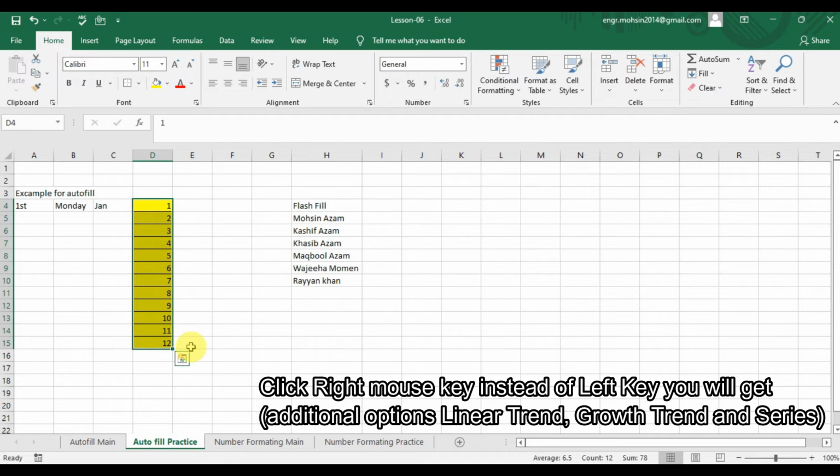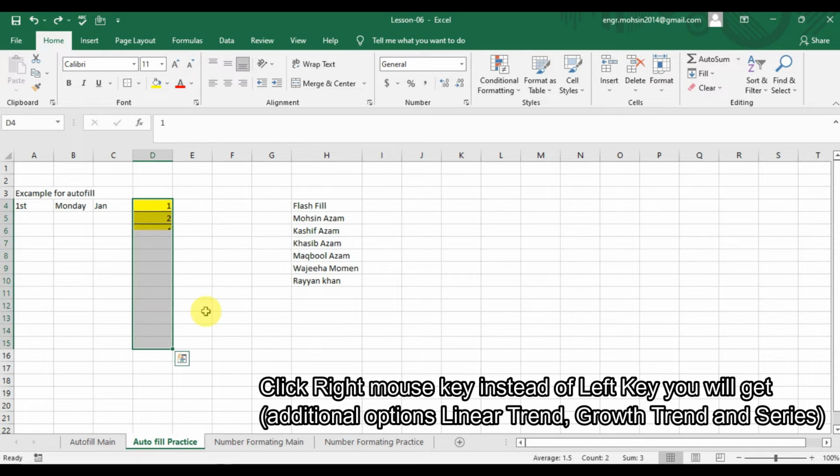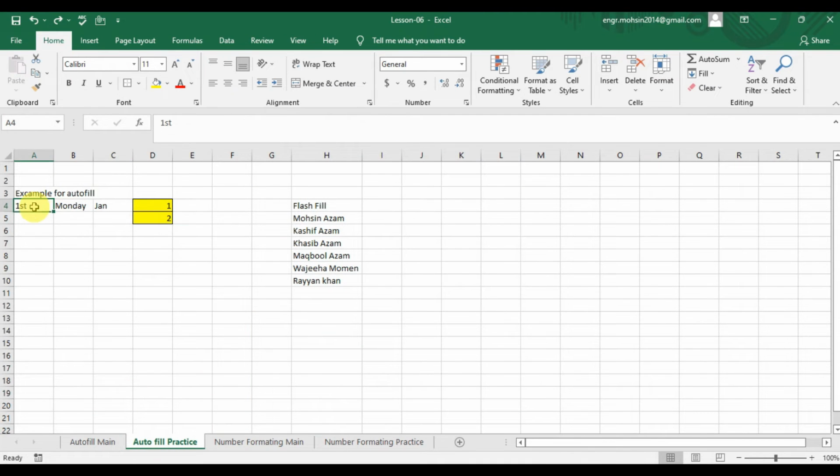I will click Ctrl Z again and I will put my cursor on the edge and click right, and by dragging it down I will click growth trend. So this is basically the growth trend. We will discuss some more options. For example, we have some data here first. So if I drag it down,